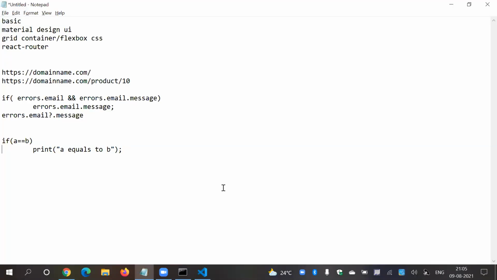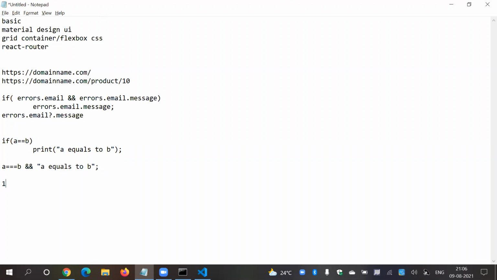In short, if I want to execute this in JavaScript, what I will do, I will simply say A is equal to B, and I will simply add this part over here. That's it.